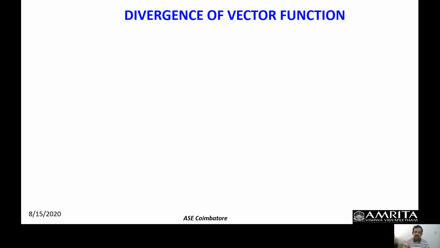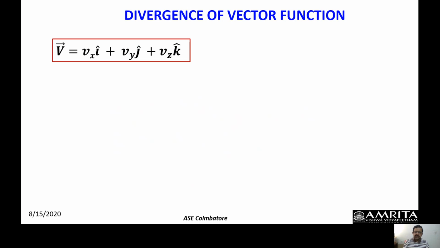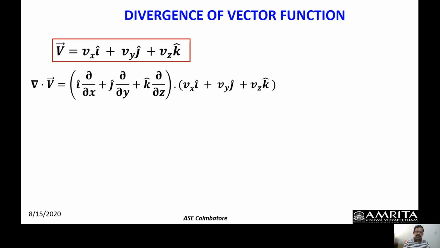So here, if vector A is the vector function that represents a physical quantity, then if I take the dot product with the del operator on this vector function, I write it as del dot A, and the resultant quantity will be a scalar. And that will represent what is known as the divergence. Here I have taken the example of vector V, and along the three directions in the Cartesian coordinate system, the components of this vector are Vx, Vy, Vz. Now I take the scalar product operation of the del operator, resulting in something like this.